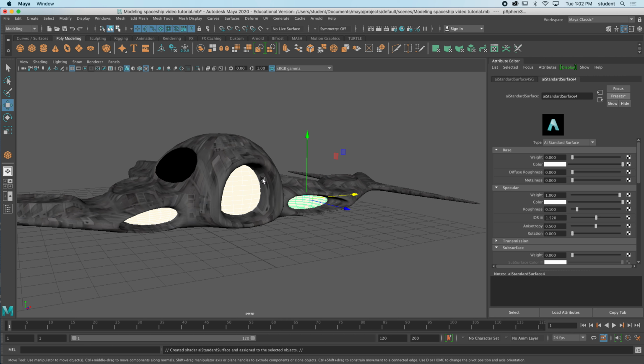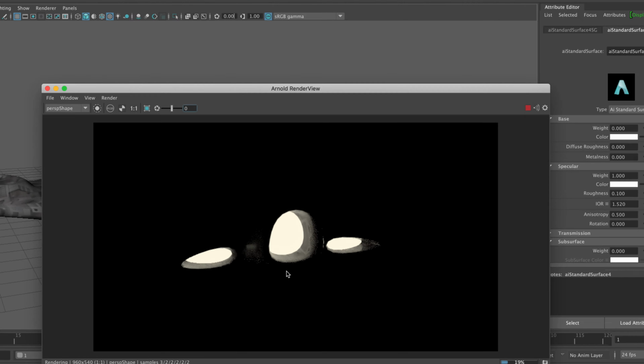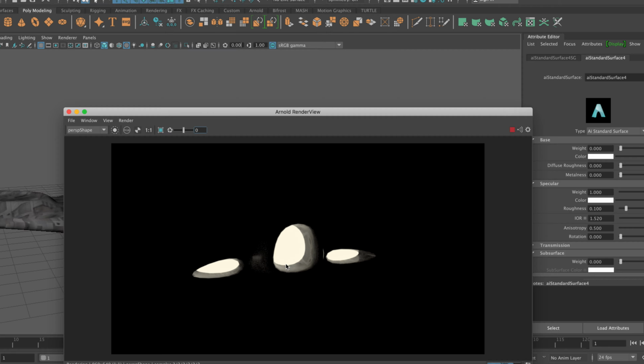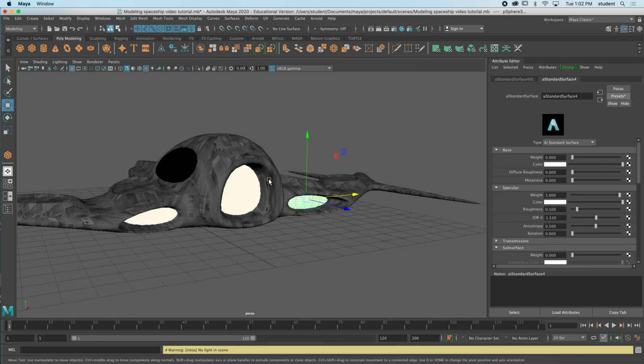So right away, you'll notice that it's emitting light, and I will Arnold render. Now I have no other lights here, but you can see how it's lighting up the engine here, but the color that it comes with by default is kind of a warm